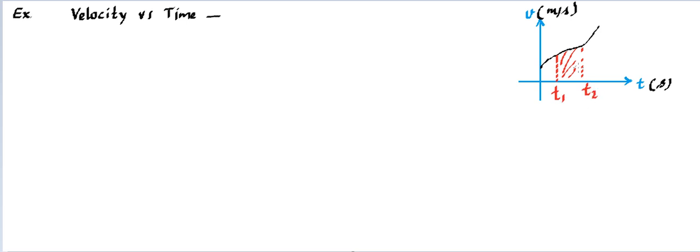So if we calculate this area, as per our understanding now, what are we going to write this as? We are going to write it as an integration. We write what is in the vertical direction first, so that's going to be v into dt. That will be expressing the area that I have shaded over here. Moreover, to make it complete, we will need to place the limit of time t1 to t2. So that will be the shaded area. This is going to be the value of the shaded area.